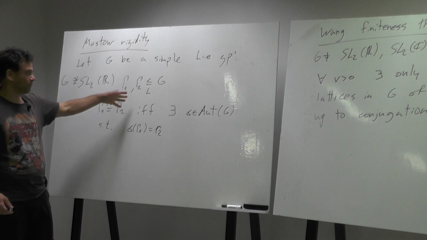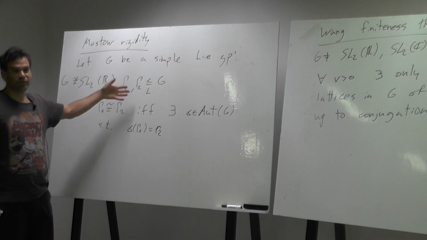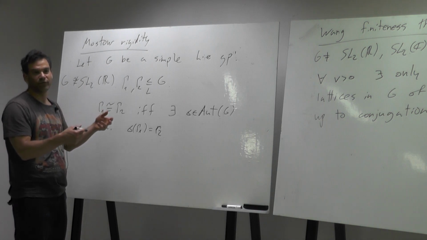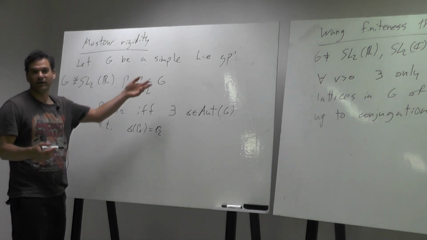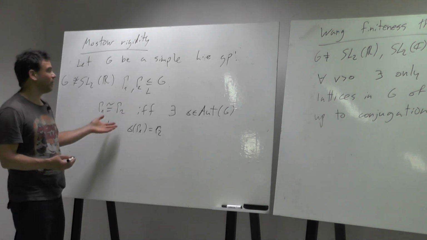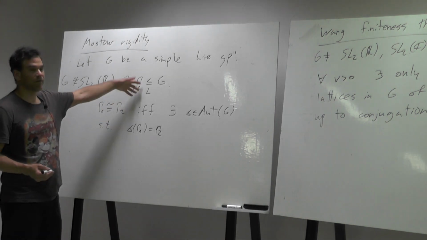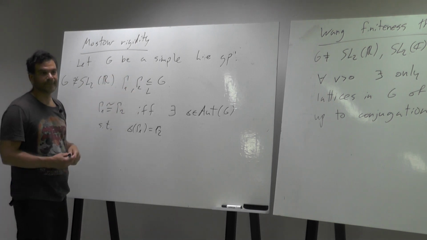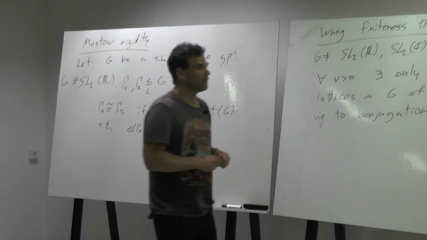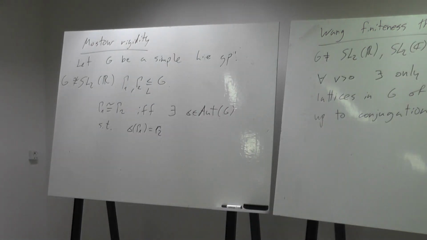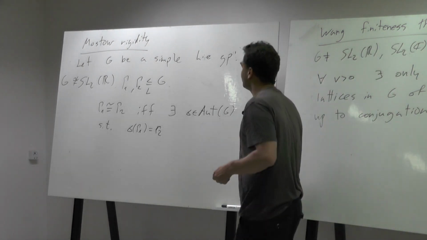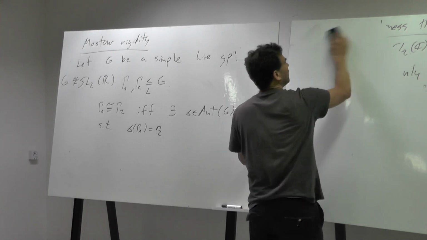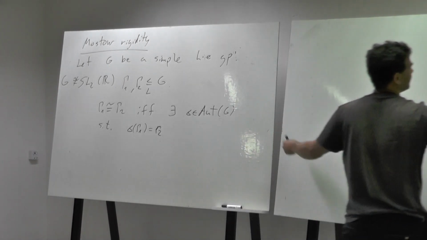Yes, but the conclusion of this is much stronger. It's not just that the deformation which is close to the identity comes from conjugation, but a priori you don't assume here that these two lattices have the same covolume. It's just isomorphic as abstract groups. So this is local rigidity. This is Mostow rigidity. And now I will formulate superrigidity.